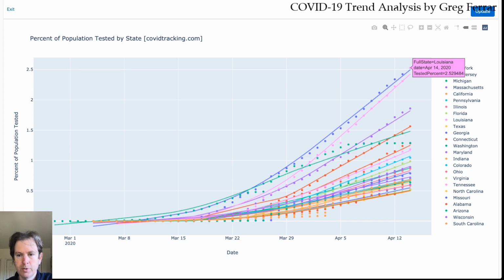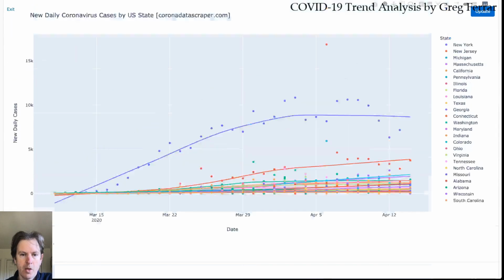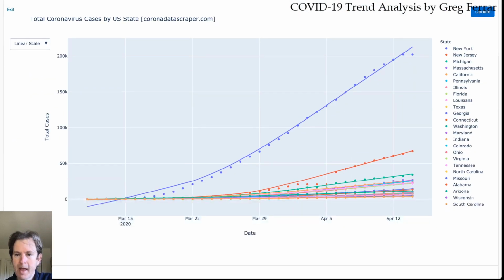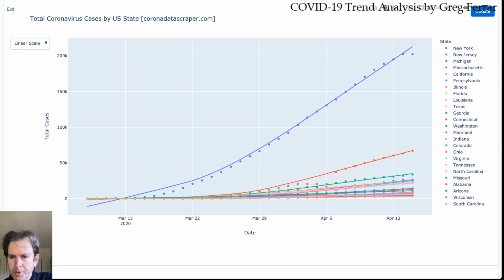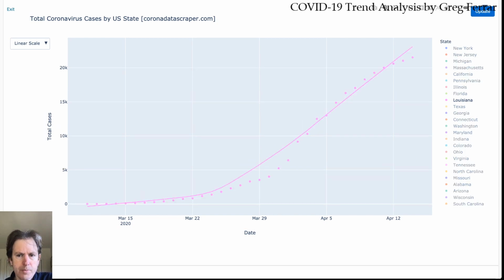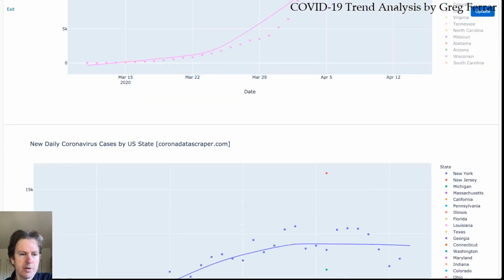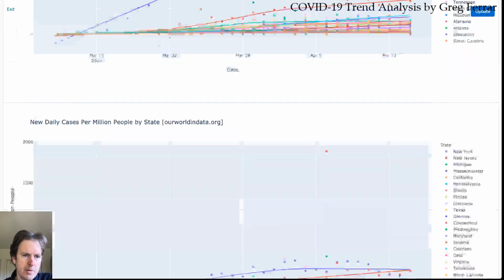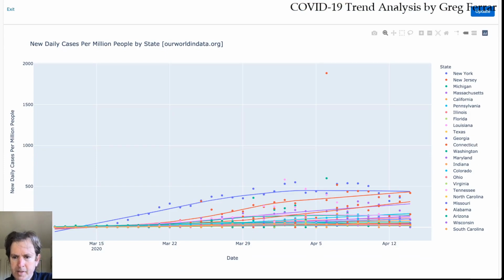Having tested more than 2.5% of their population, Louisiana has, drum roll please, a total of, no, I want to have it per million. Louisiana has